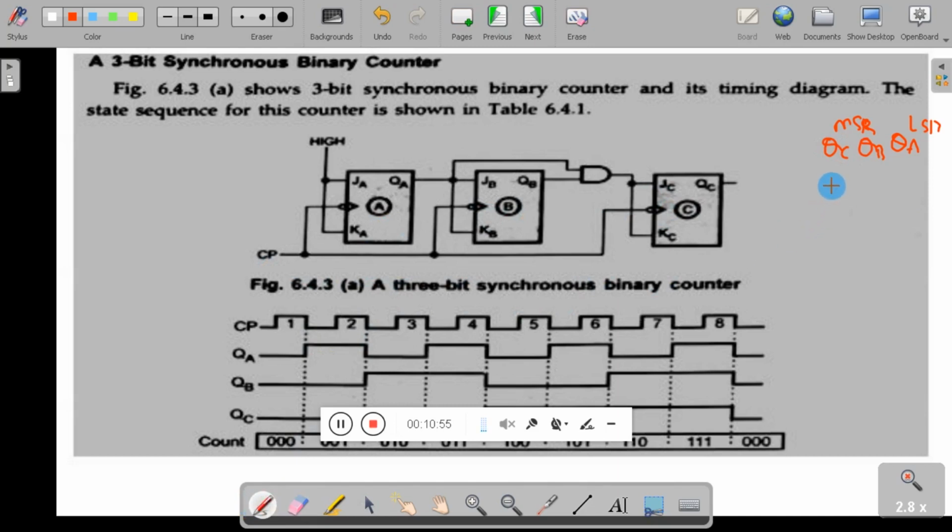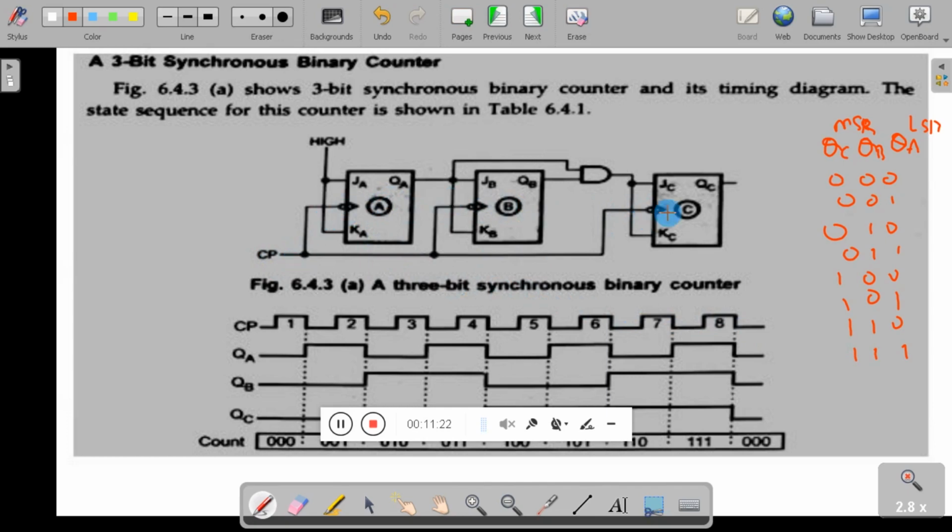The combinations for 3-bit are 000, 001, 010, 011, 100, 101, 110, 111, 0 to 7, that is a mod 8 counter. This is called 0 to 7, so 8 states are there, that's why it is called a mod 8 counter. Now, all the flip-flops A, B, C are driven simultaneously by the clock signal, and we are